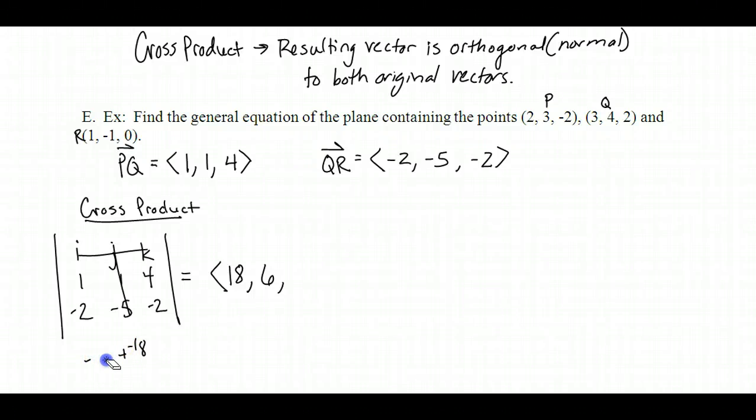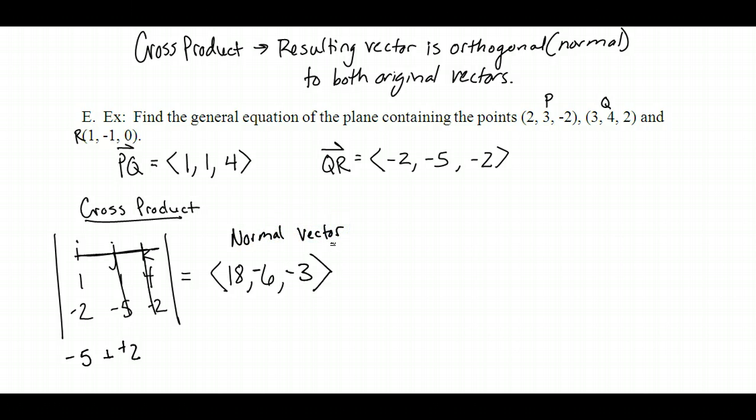And oh, just kidding. It totally isn't, because the second one, remember this term always has to be the negative of it. So yes, it is a positive 6. That definitely has to be a negative. I wasn't thinking there for a second. And then our last one should be negative 5 minus a negative 2. Therefore, we should have negative 3. And here is our normal vector. So we have our normal vector,